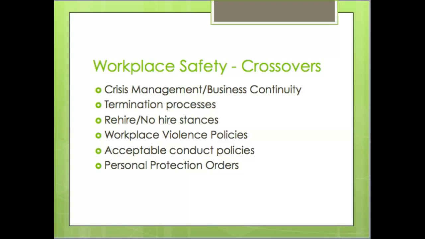Oftentimes people get personal protection orders, or I'm trying to remember what they're called in some of the eastern states. But it's basically an order of the court saying that you can't come within a certain distance of someone. PPO is the current common term for that. If someone gets a personal protection order because of a domestic problem, right, in a divorce, it's very common for husbands and wives to have a lot of problems in a divorce, and the wife gets a personal protection order because the husband had made threats.